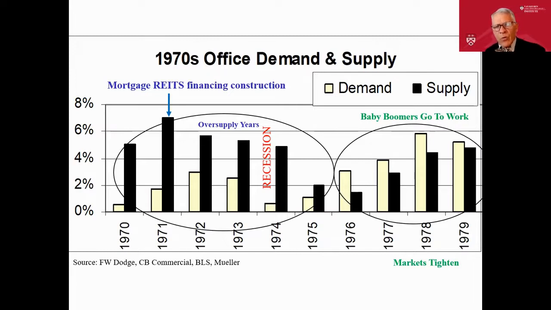We had a recession in '74 that really dropped the demand for office. And then in the second half of the 70s, the baby boom generation, and that was me, got our first jobs, and data became an important thing. But we literally only had mainframe computers. I learned how to program in college and actually did a lot of programming on a mainframe at United Bank of Denver when I was there. And we see a major increase in demand, almost 6% in 1978 for space, and supply not quite catching up. Go to the next slide.